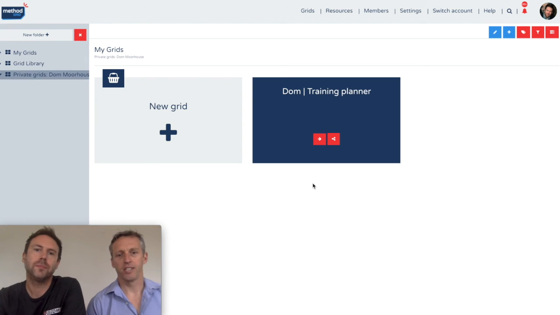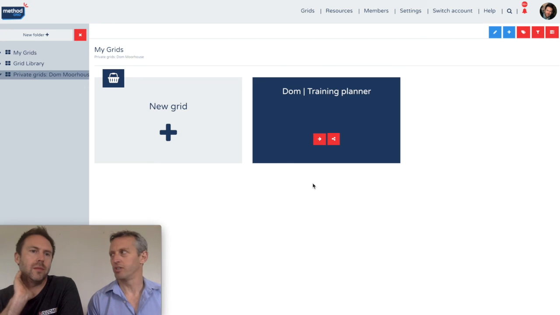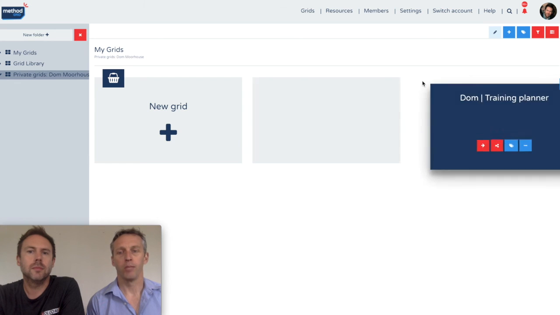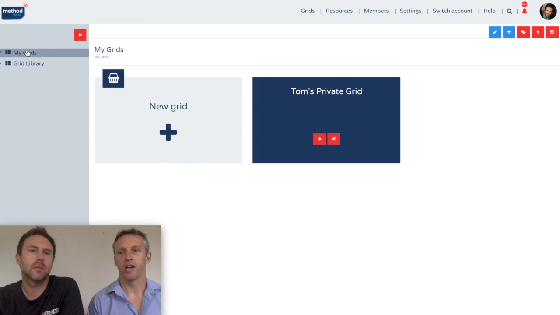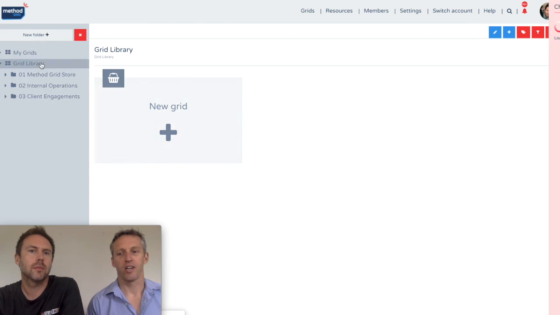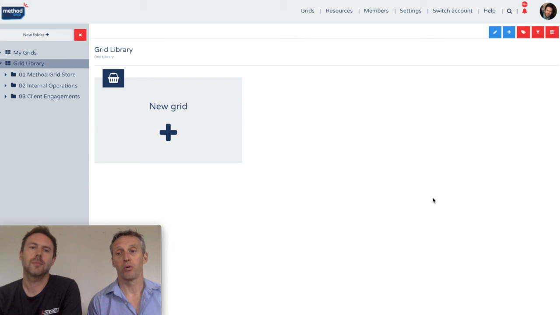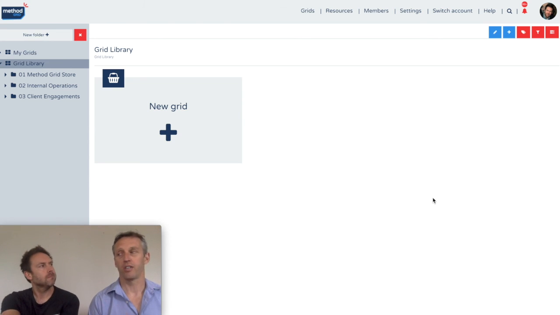To emphasise, that is an architect permission, and so super users, architects, can see everybody's private grids. Otherwise, they're locked down to the individual. But you can create a grid in there and actually move it into the organisational grid library. But it's really an opportunity for everybody to get to use the platform. So hopefully that helps. That's version 6, primarily dealing with configurable access control at the grid and the folder level